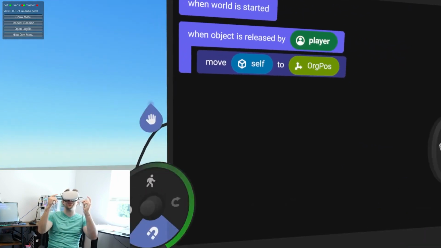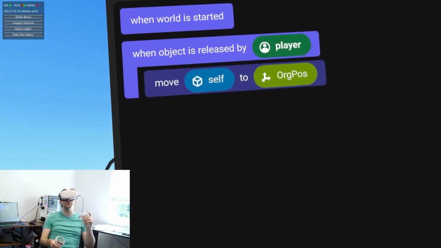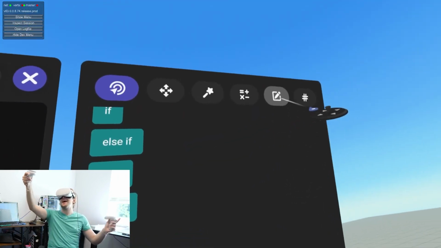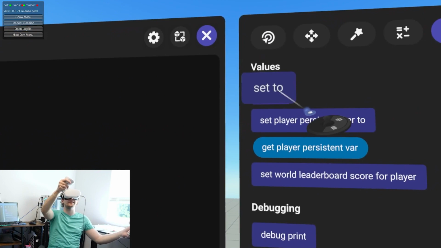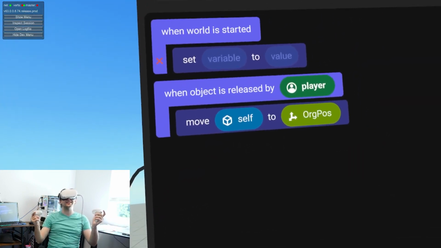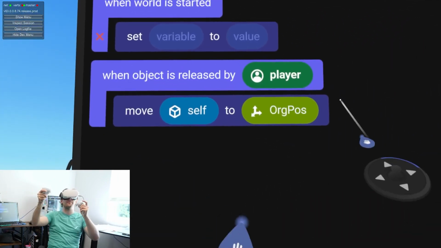Now we know when the world is started that our salt and pepper shakers are in their origin position. So what if we could set that value from our script? Well, we can. And to do that, we go to our values tab where we'll grab the set to, drag and drop that over under when world is started. And what are we setting? Well, we're going to set the origin position. Now you can drag this over from the variables tab, but we're going to grab